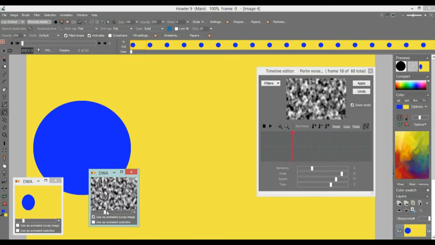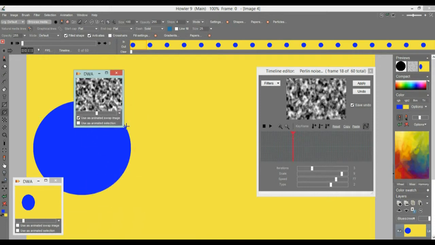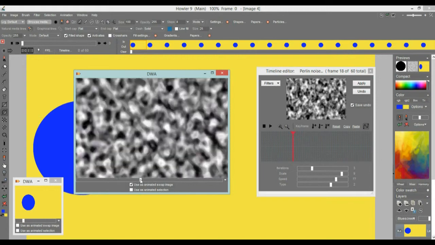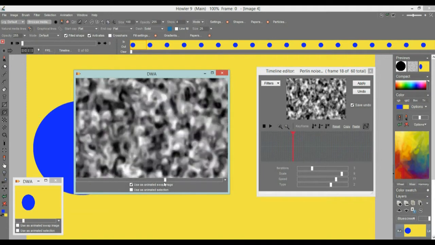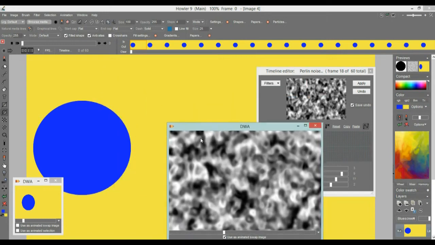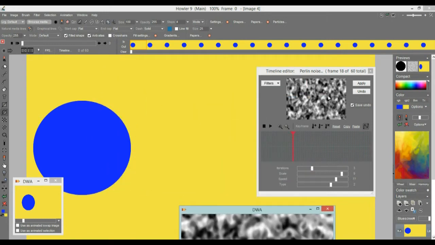You can scrub through that. Nothing will show because it's not loaded currently, but you can see it here as a preview. And that one, by the way, you can see bigger too. You can rescale that and have a good look at that and say, yep, that's the one I want in my animated swap. It should show through the blue parts if I actually enable the swap